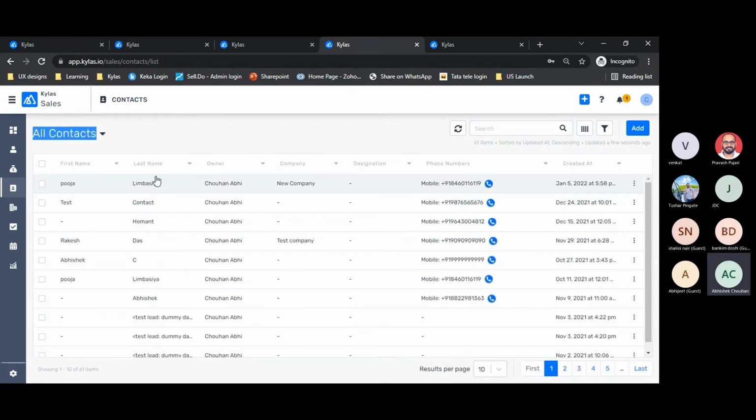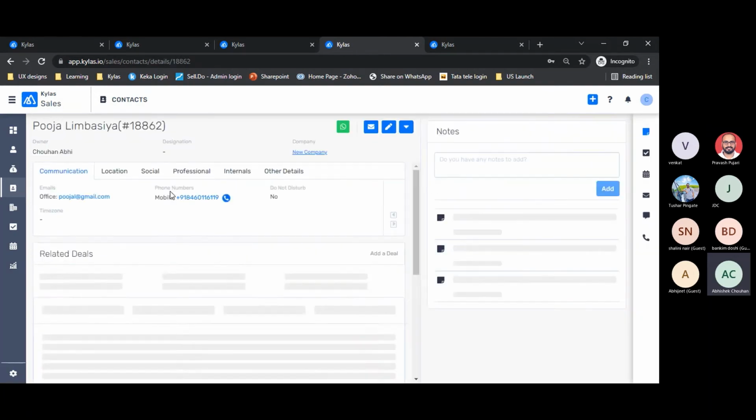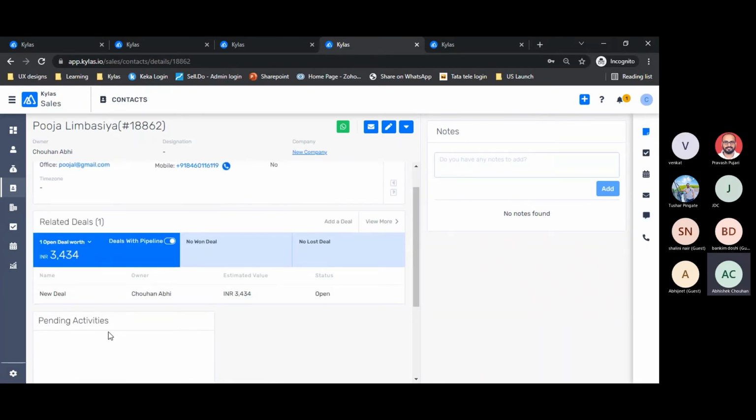So the list of contacts that you will see on your screen is nothing but the list of prospective customers with whom there is some sales opportunity lying in the system. There is some deal going on in the system. He is nothing but your contact. And when I go to that contact details screen, I get to see all associated leads and associated deals that are going on with the customer. Or let's say if this person has purchased some product in the past, then I get to see the won deals also and lost deals also. So this concept of lead conversion and creating a contact is very much useful in the case of reselling.